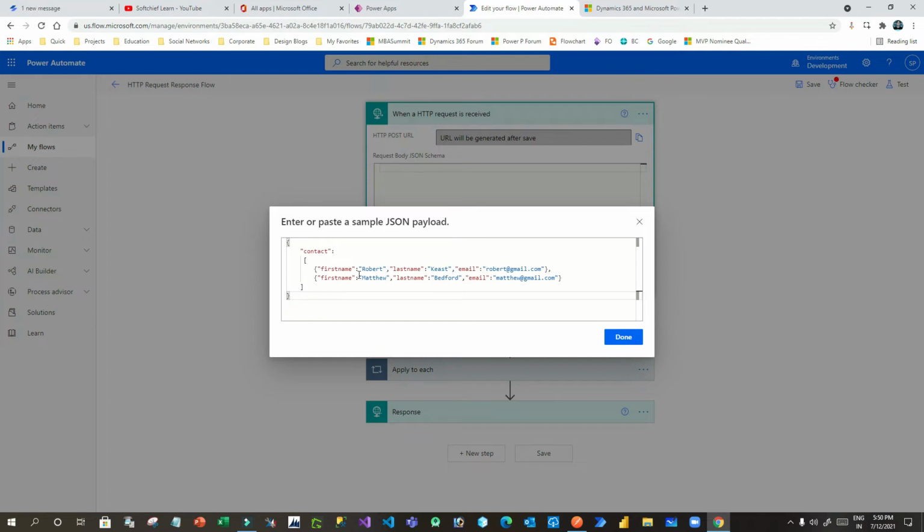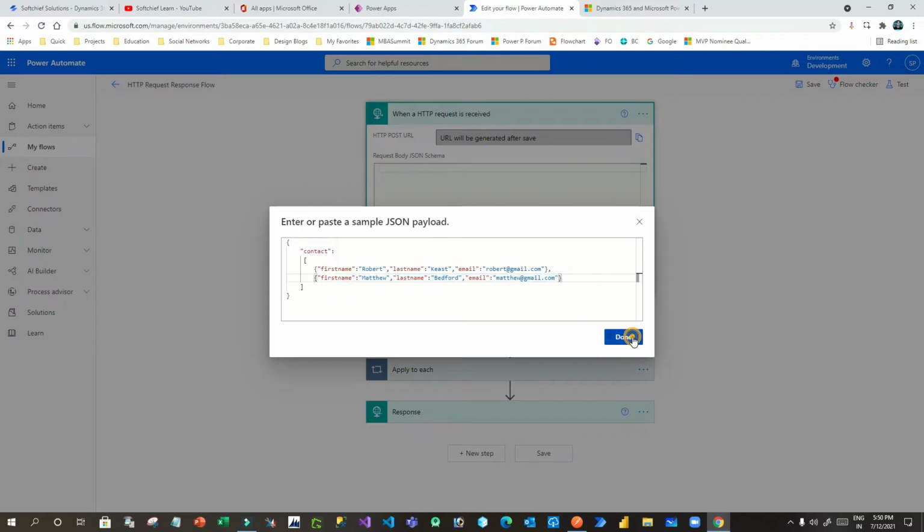I want to use this JSON format from my source application. I am passing a contact object, and in the contact object I am passing multiple contact informations in an array. So this is one contact and this is another contact.